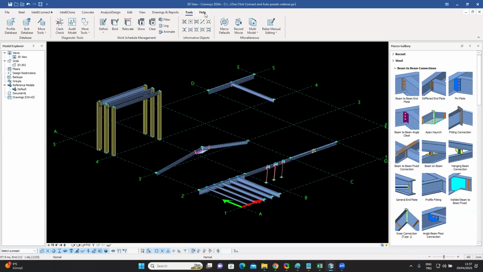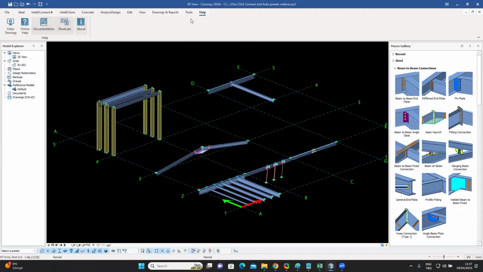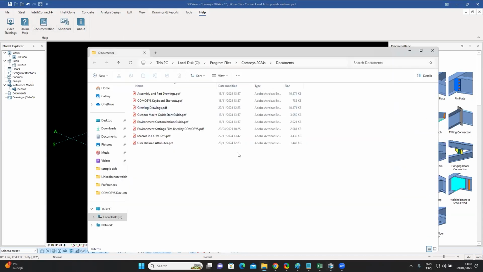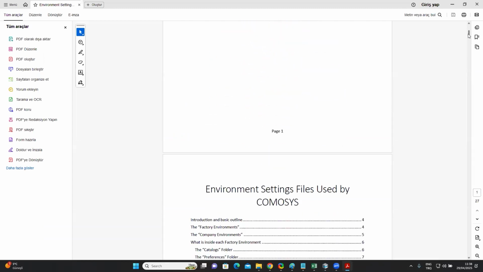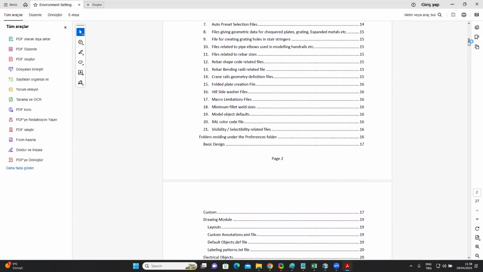Let me just go to the help menu over here and go to documentation. And if you go to documentation, there is something called environment setting files used by COMOSYS, right? If you double click on this, just trying to guide you so that we don't waste time now, and you can always go, if you scroll down